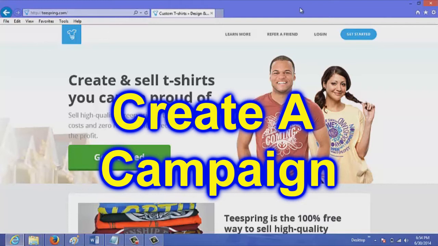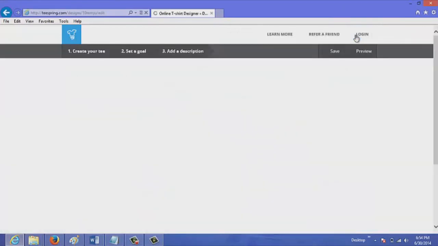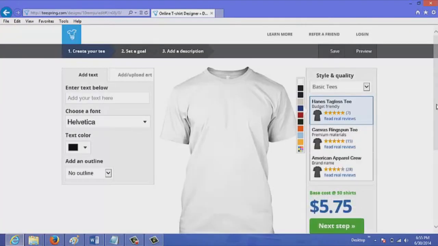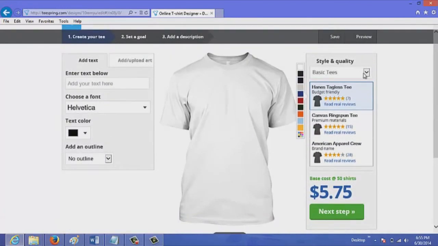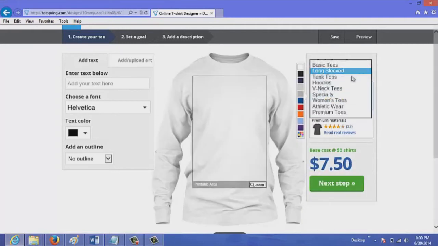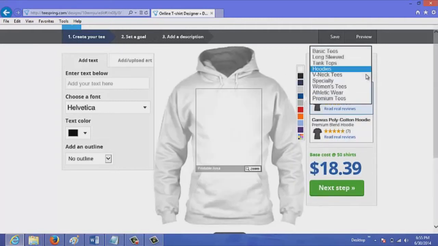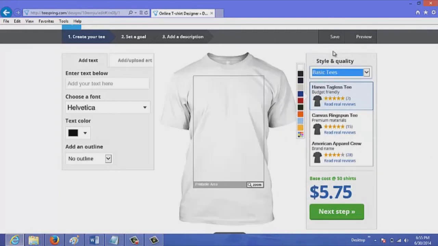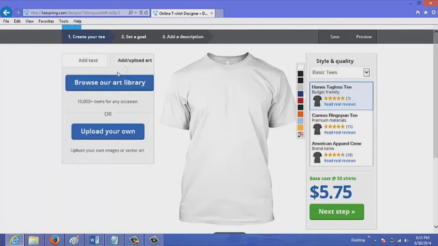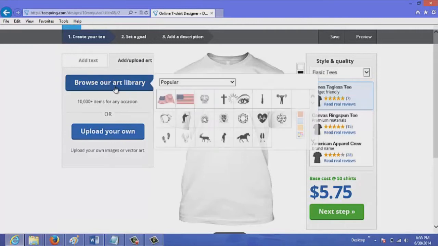So let's go ahead and set up a campaign here on Teespring. So let's just press on the Get Started button here. Alright, so here is your template that you're working with, and you could select the style and the quality. So if you want a long sleeved, if you want a hoodie, but for now let's just do a basic tee. That's the most popular right now. And here you would just add the text, and if you look here you could also add or upload art. So just click on that and you could browse their art library